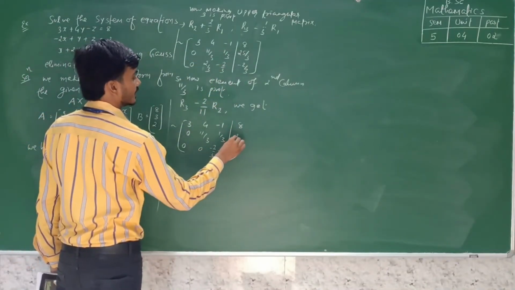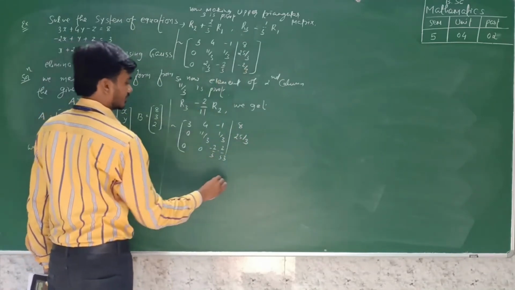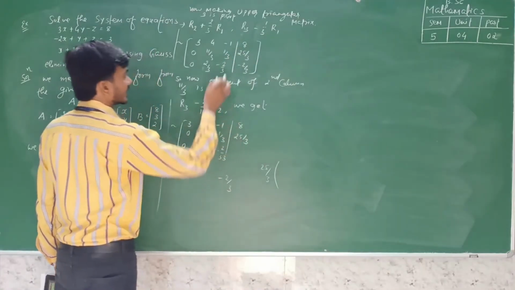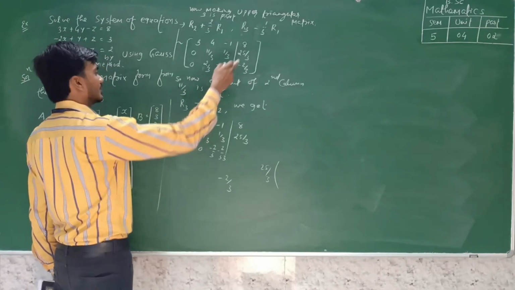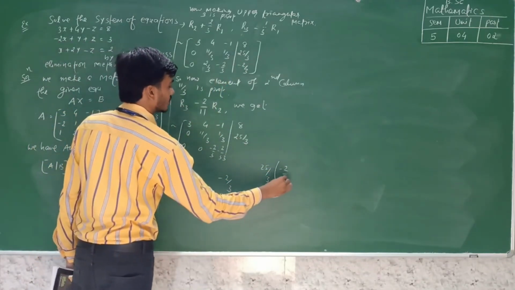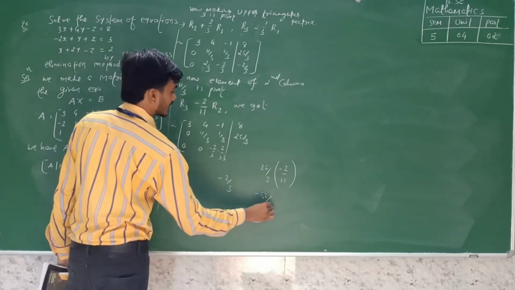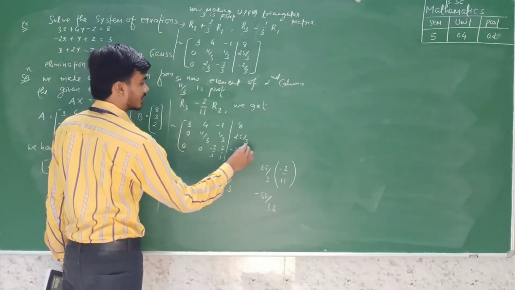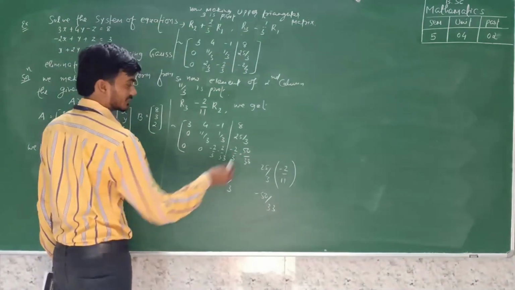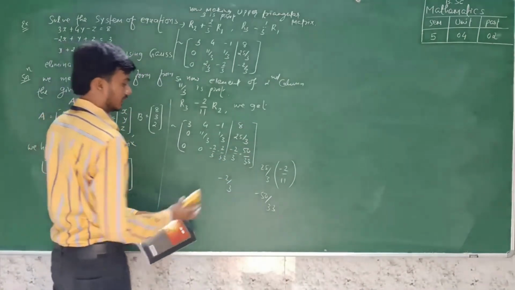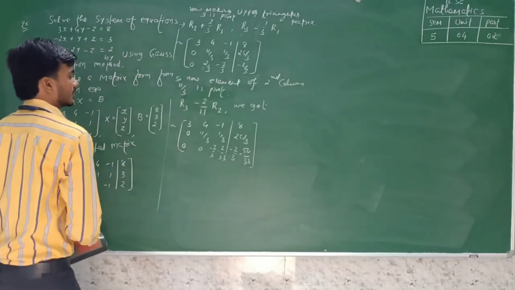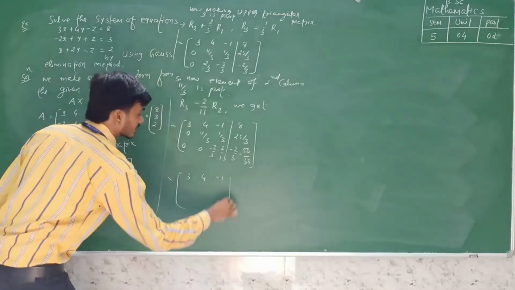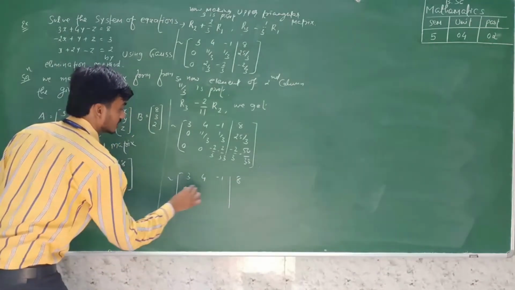Sum here is 8, here 25 by 3, and here the element is minus 2 by 3. 25 by 3 is multiplied, every element of the second row is multiplied by minus 2 by 11, so we get minus 50 upon 33. So here minus 2 by 3 and we add the value minus 50 upon 33. Now this expression can be solved, and the simplified matrix form is 3, 4, minus 1, 8, 0, 11